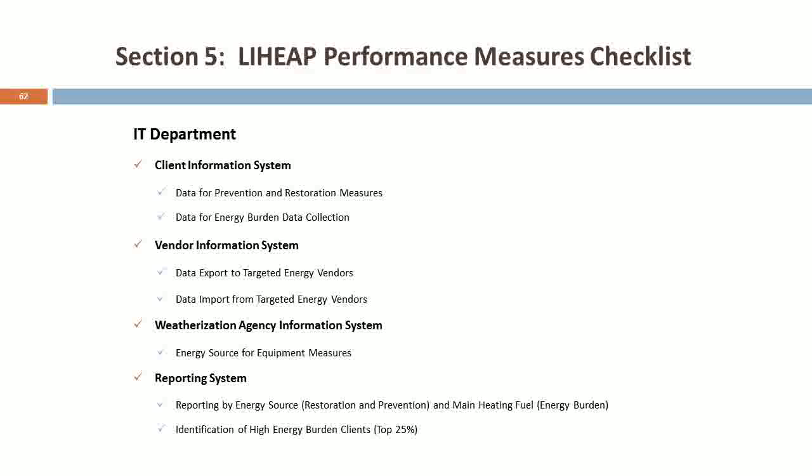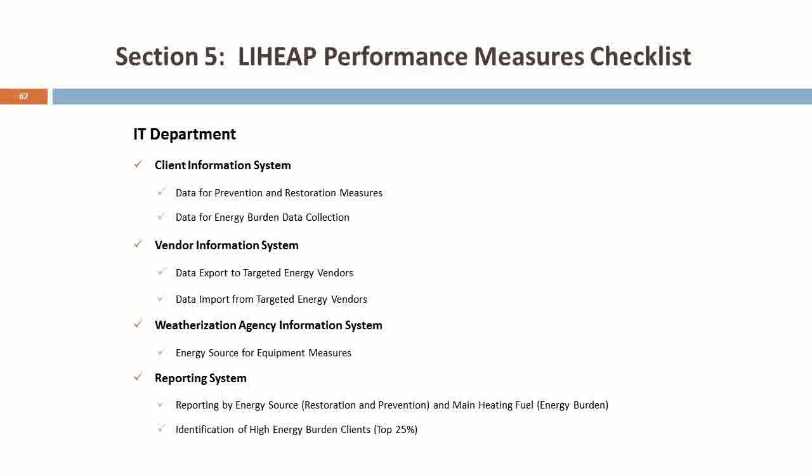We also have weatherization agency information systems. As we mentioned earlier, and we'll talk about again, many weatherization agencies collect the information you need to do your household report. Some even collect what you need to do performance measures, but it's a matter of getting the information out of the system and to you. And so that's an important discussion. Is that automated? Is there a crosswalk between systems, or are they handing you an Excel spreadsheet?